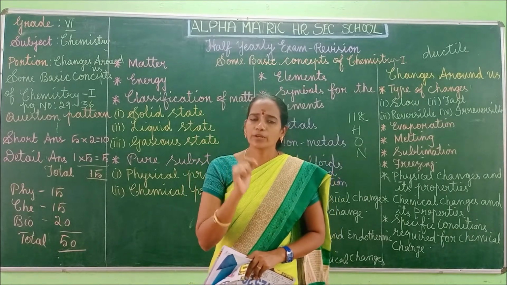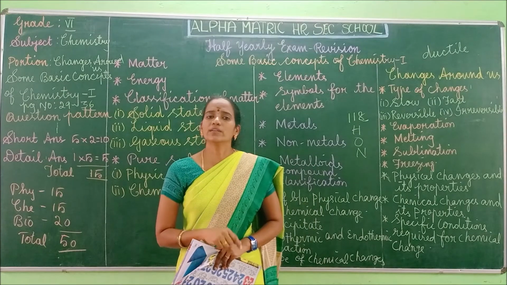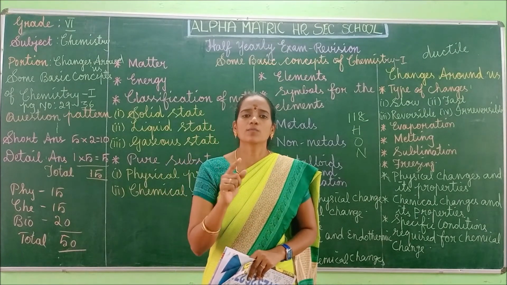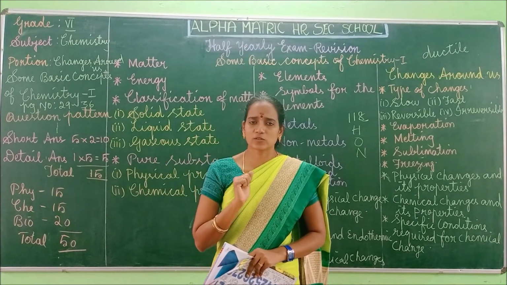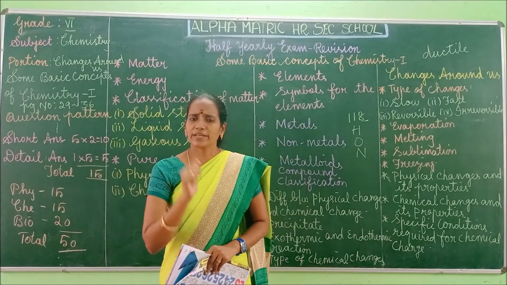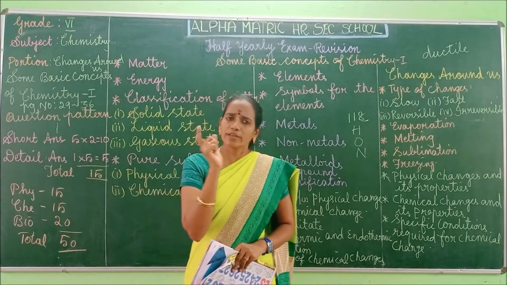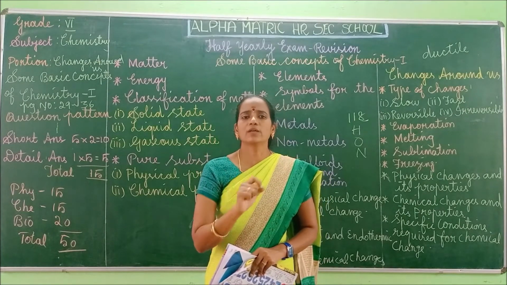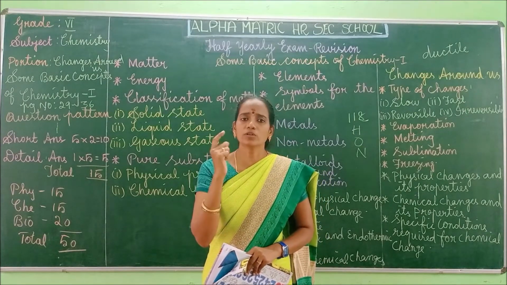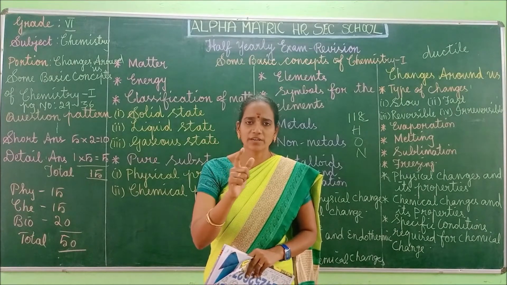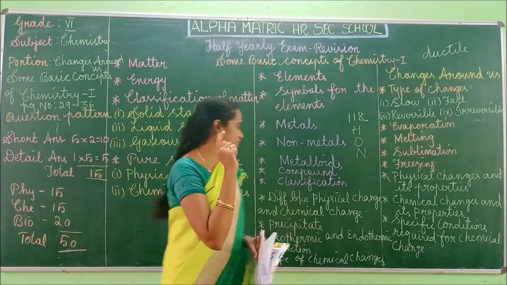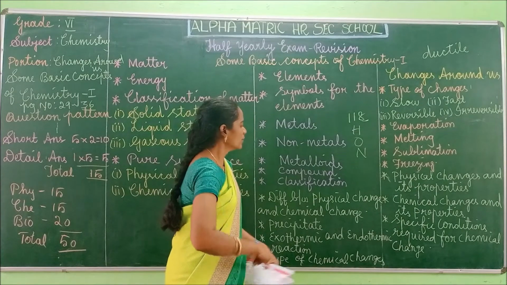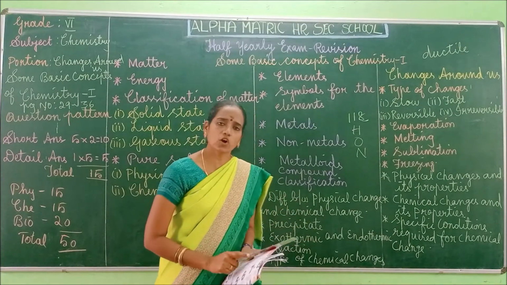So what do you mean by compound? A compound is composed of two or more separate elements. Next, sodium chloride: sodium is a separate element and chlorine is a separate element. Both the elements combine to form the compound sodium chloride. Got it, children? Clear about the compound? Right. Next we can move to the classification of compounds.